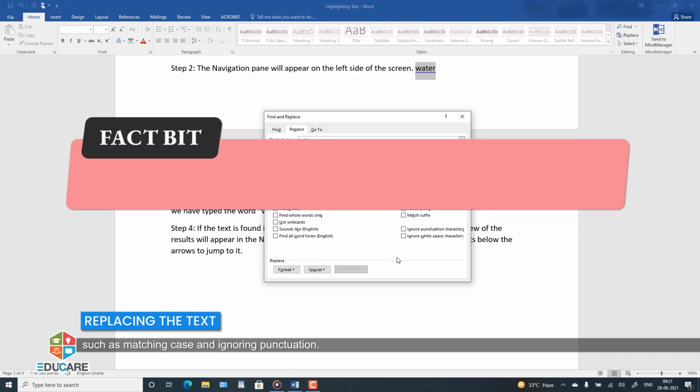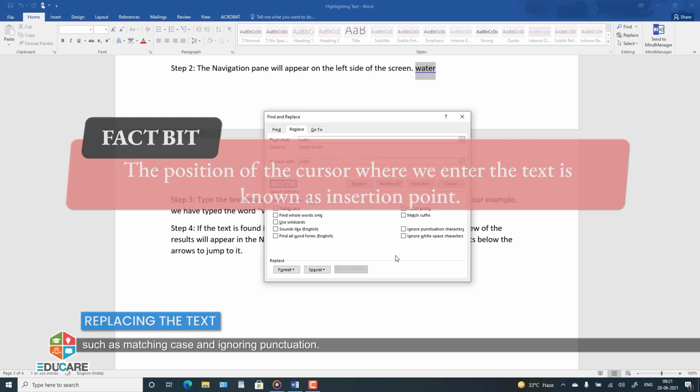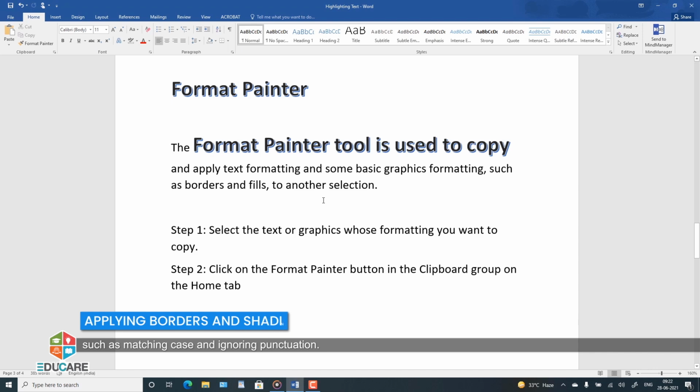Fact bit. The position of the cursor where we enter the text is known as insertion point. Applying borders and shading. Borders are rules you can add to any or all of the 4 sides of a paragraph. Shading is the color or artistic design you use as background for a paragraph.